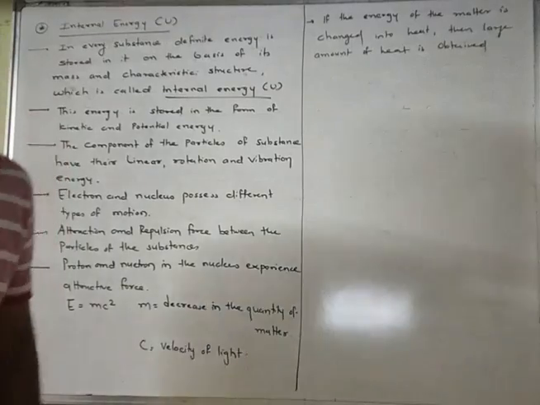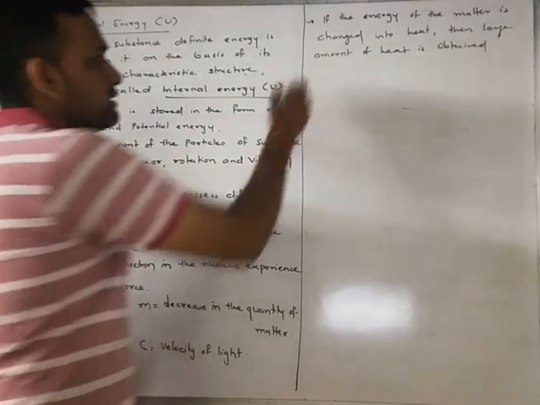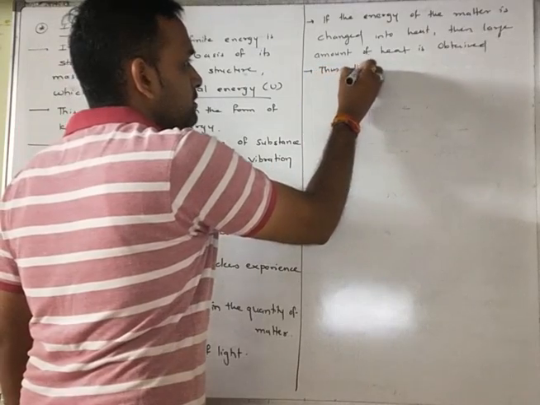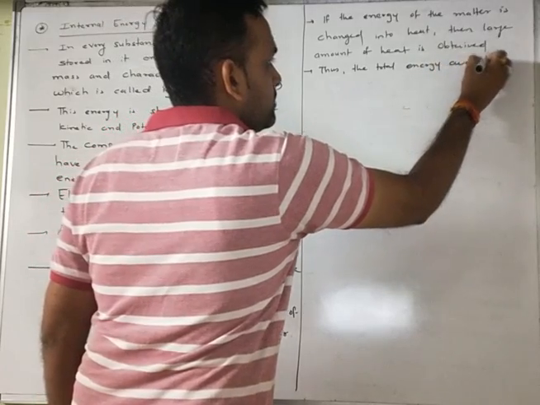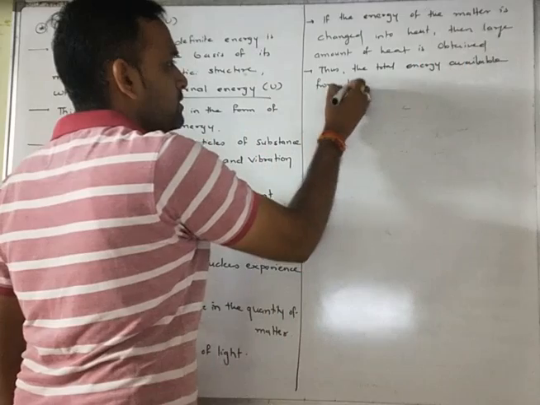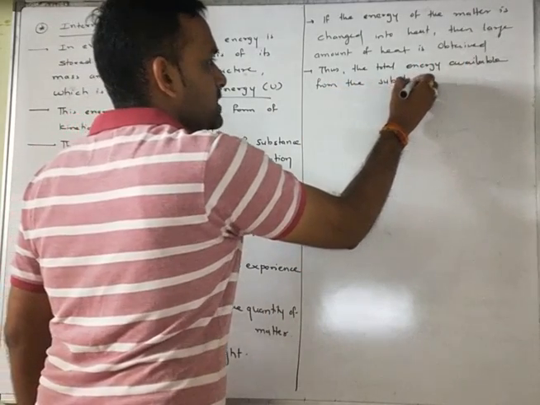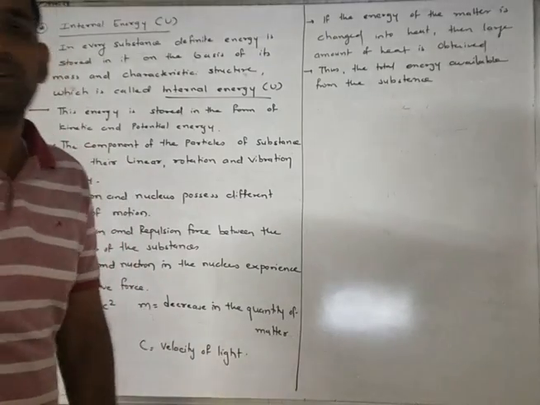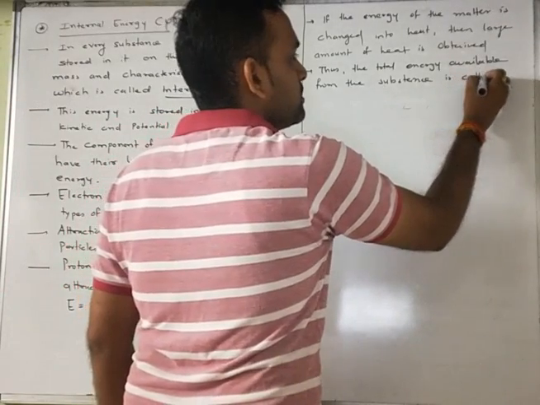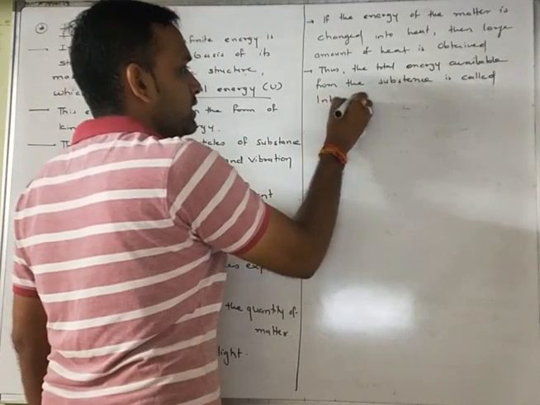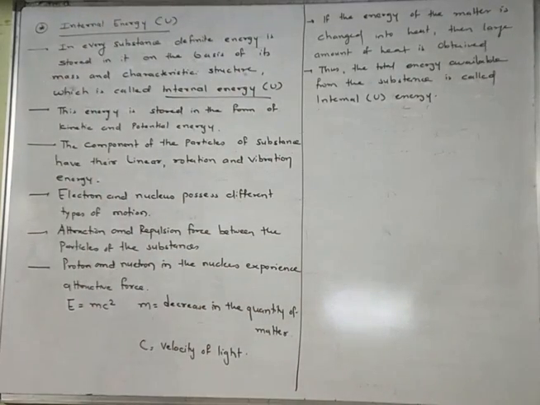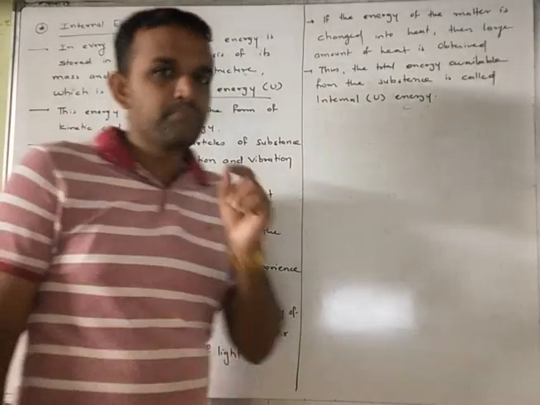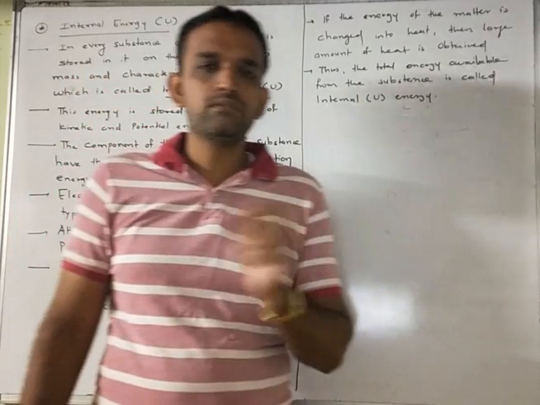Thus we can say the total energy available from the substance is called internal energy. Understand? You should know this. Is it clear? Now we can also say that the absolute value of internal energy cannot be found out,